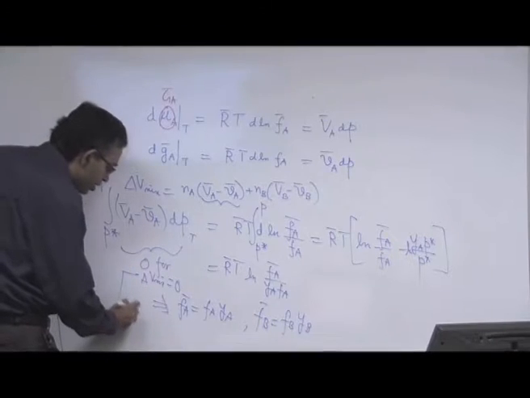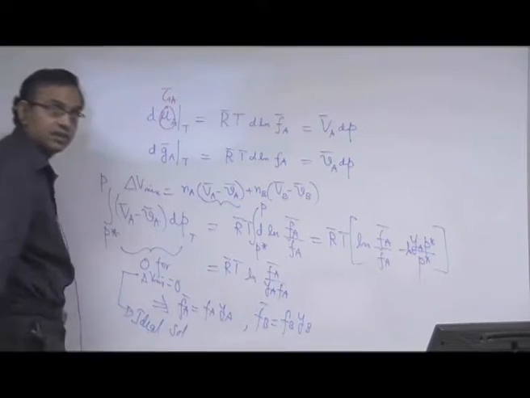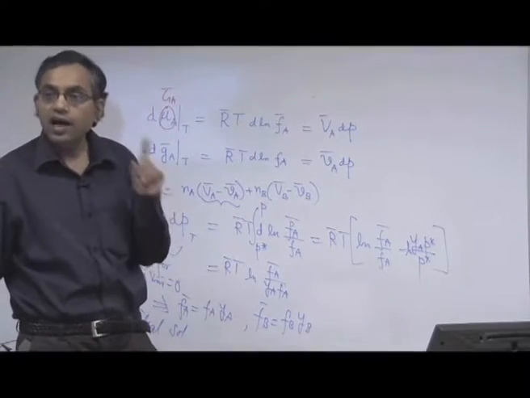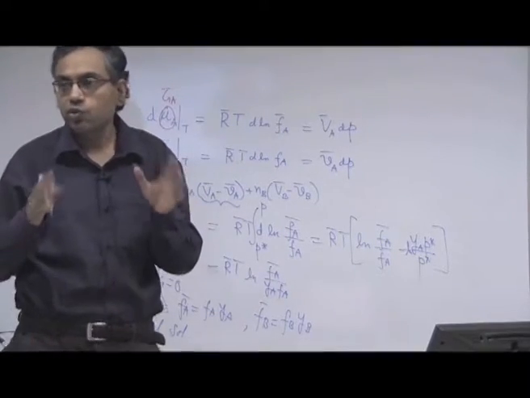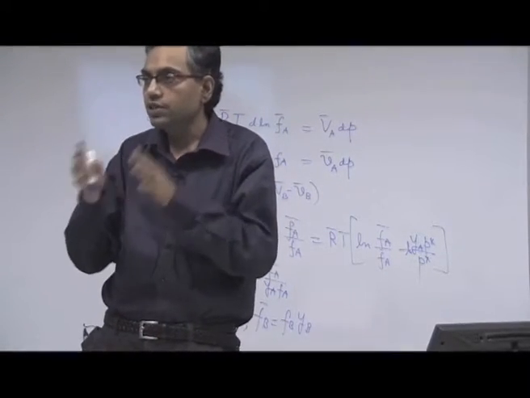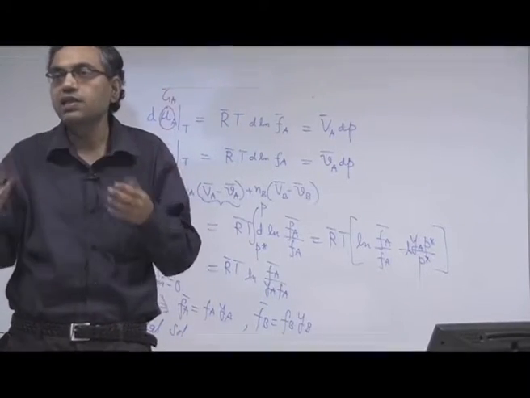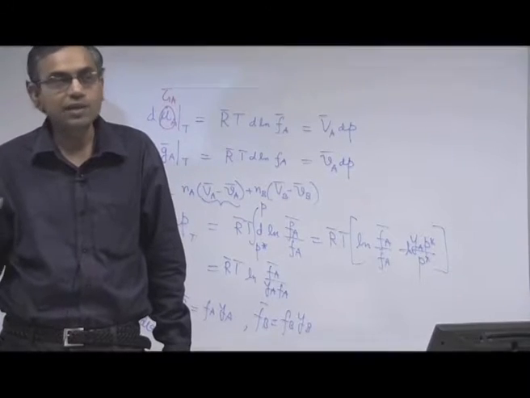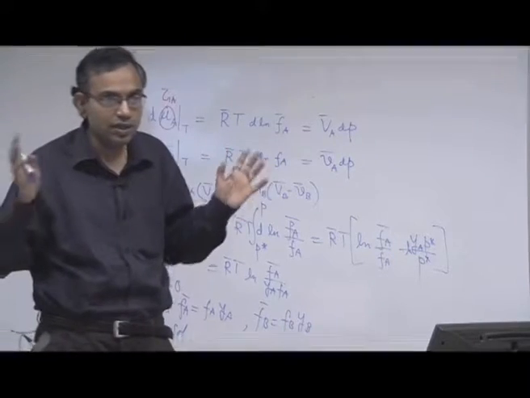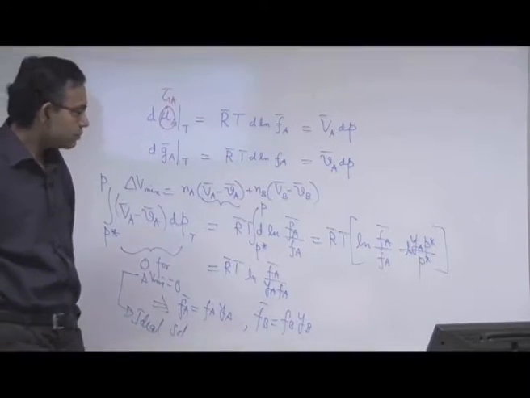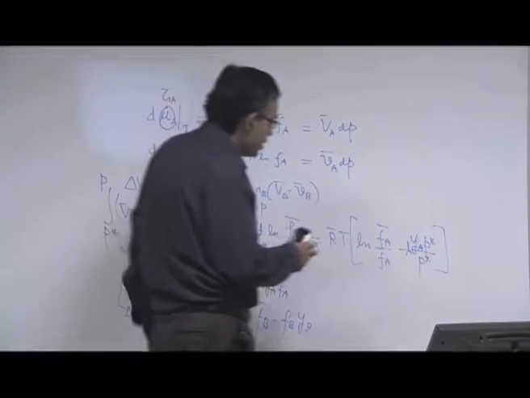So delta V mix equal to 0, this is the definition of ideal solution. This is not ideal gas, this is ideal solution. Ideal gas shows the same behavior. It can be shown that if you have two components A and B which are ideal gases and you mix them to form a mixture of ideal gases, then the change in volume due to mixing is 0. That means ideal gas mixture is a special case of ideal solution. Ideal solution is a more general concept. Okay. Now we will find out what is the chemical potential of the mixture.